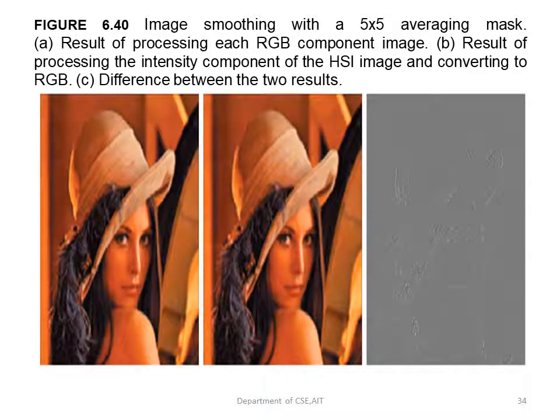The smoothed color image is shown in figure B here. It is similar to figure A, but as you can see from the difference image in figure C, the two smoothed images are not identical. This is because in figure A, the color of each pixel is the average color of the pixels in the neighborhood. On the other hand, by smoothing only the intensity component image, which is in figure B, the hue and the saturation of each pixel were not affected, and therefore the pixel colors did not change.